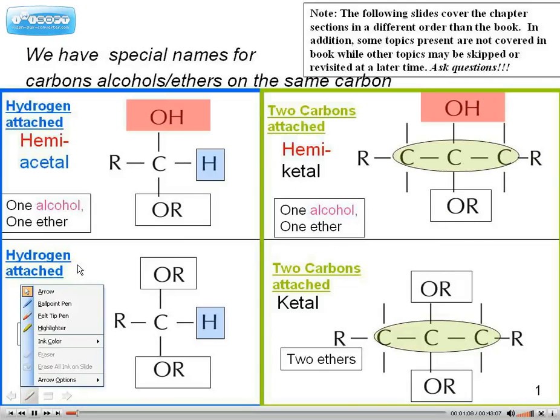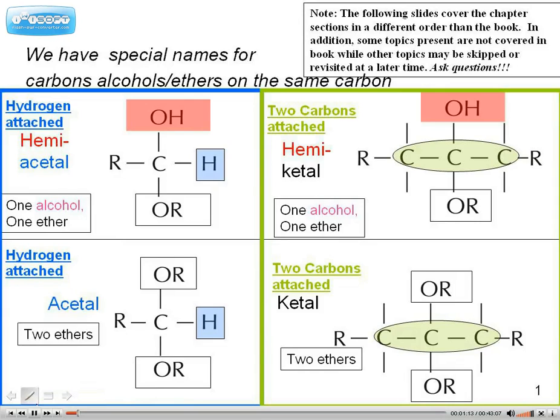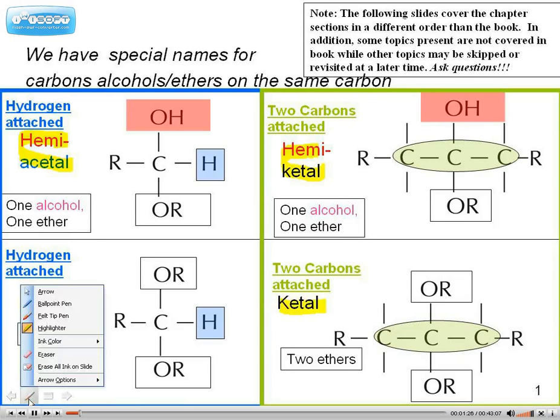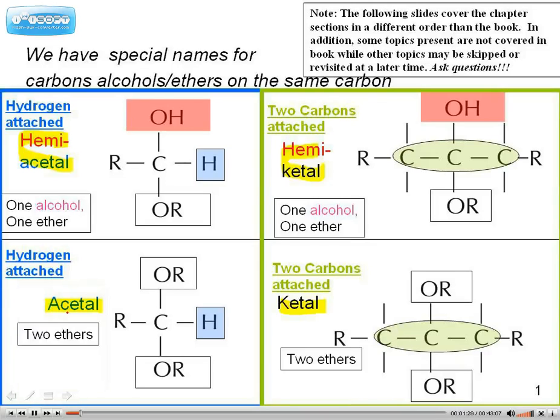To begin, in this slide we have 4 categories. I'll use the yellow highlighter. We have the hemiacetals, hemiketals, acetals, and ketals. What we've done is we've given carbons who have either alcohol or ethers on the same carbon special names, which is hemiacetal, hemiketal, acetal, ketal. Just like we gave the carboxylic acid its name because there was a carbonyl group and an alcohol, in this case we give them these names